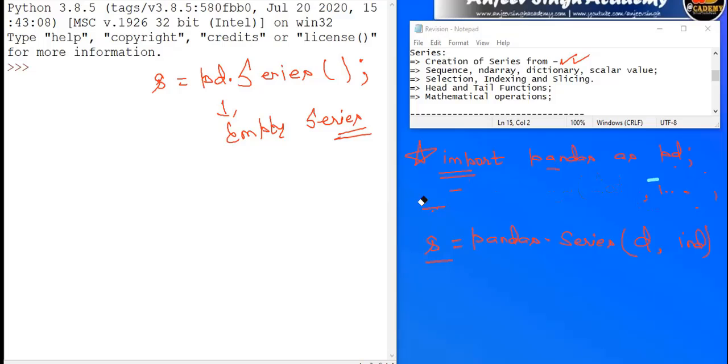Okay, next, what is the next? We can create the series by passing different types of values. Means we can create the series by passing a sequence. What is the meaning of sequence? If I am saying sequence, it means that I am talking about,